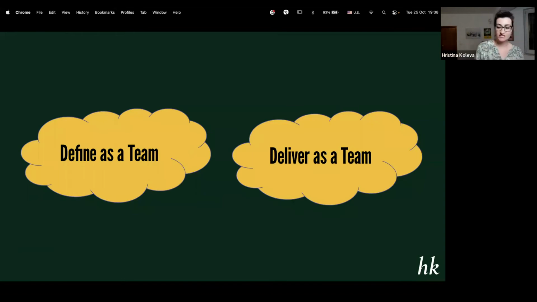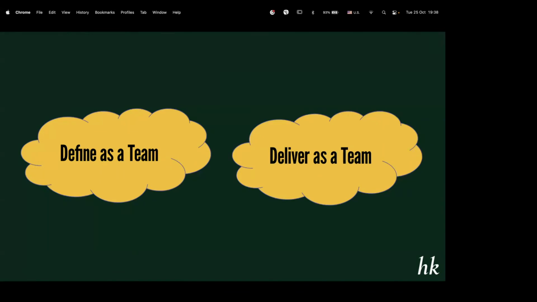Okay, questions, comments, feelings, anything? Yeah, can I understand that your suggestion is to work together as a team from the beginning of the user story, when you define the acceptance criteria? And how can we be sure that we don't lose the time of the whole team? Is it possible for this to be done only by the product owner or product manager and one developer, or is it not enough?